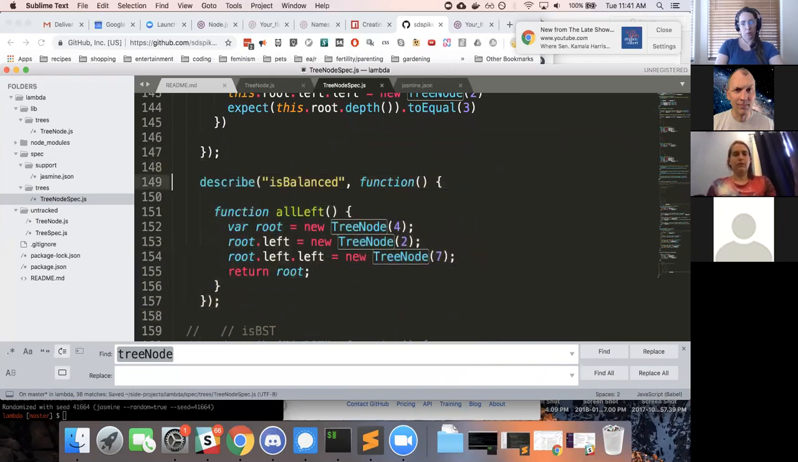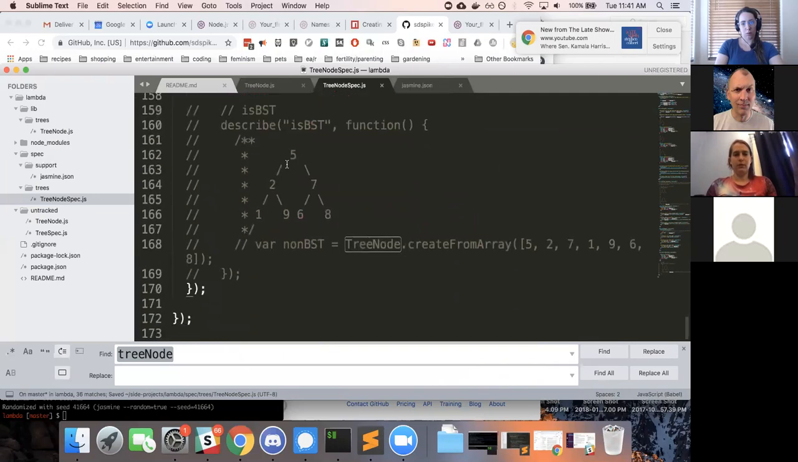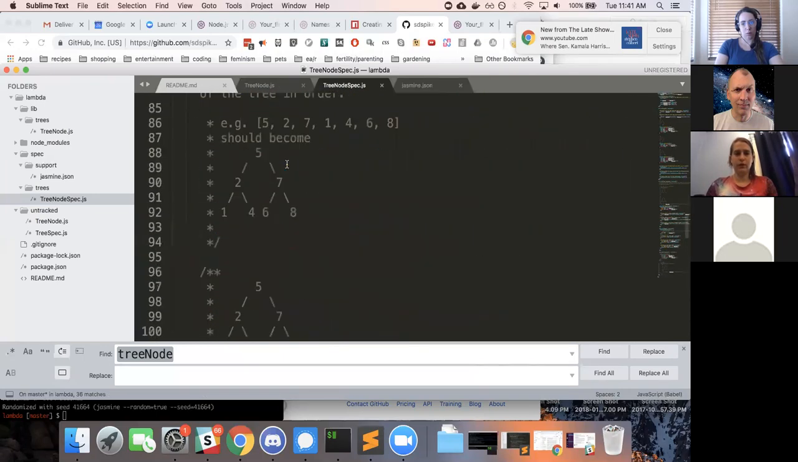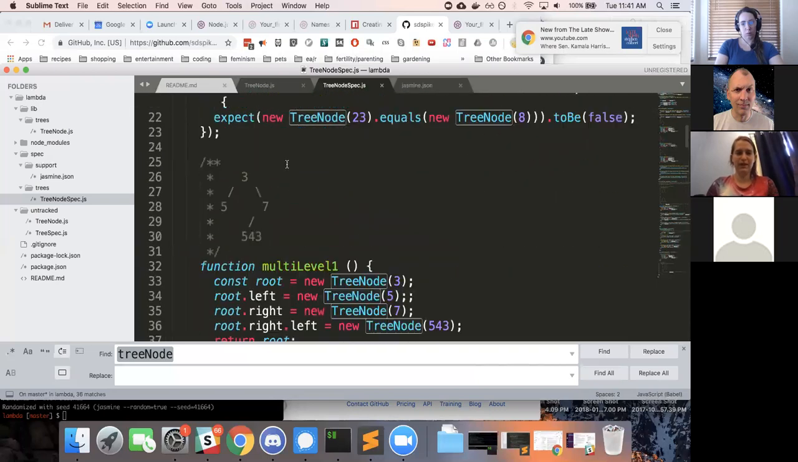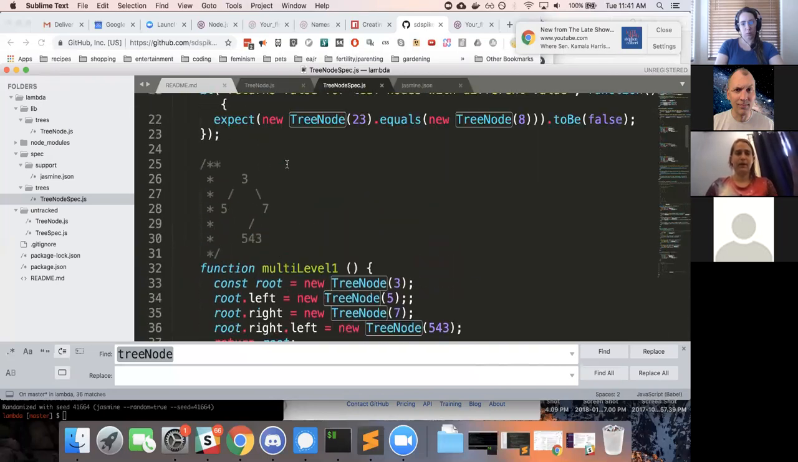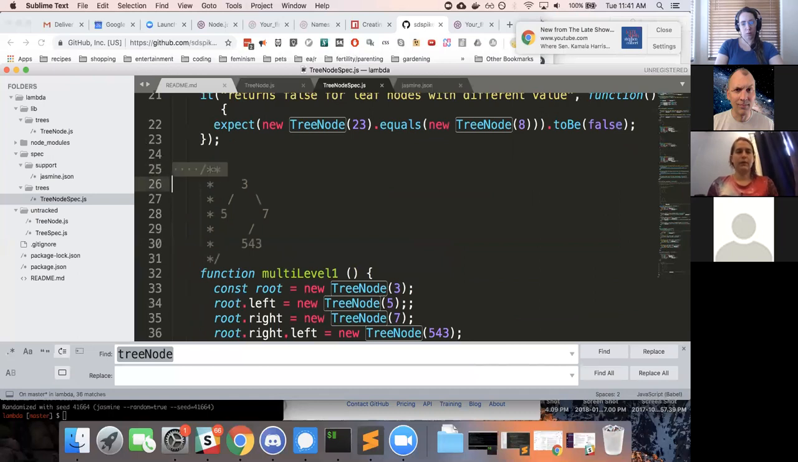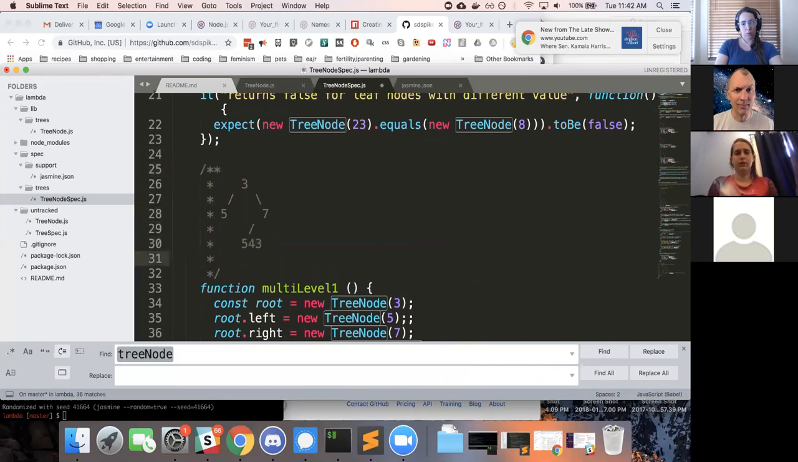I've got a couple of example trees. Where did my example trees go? Oh, yeah. So this guy, even though it's not fully filled, counts as balanced. But if we added another layer here,